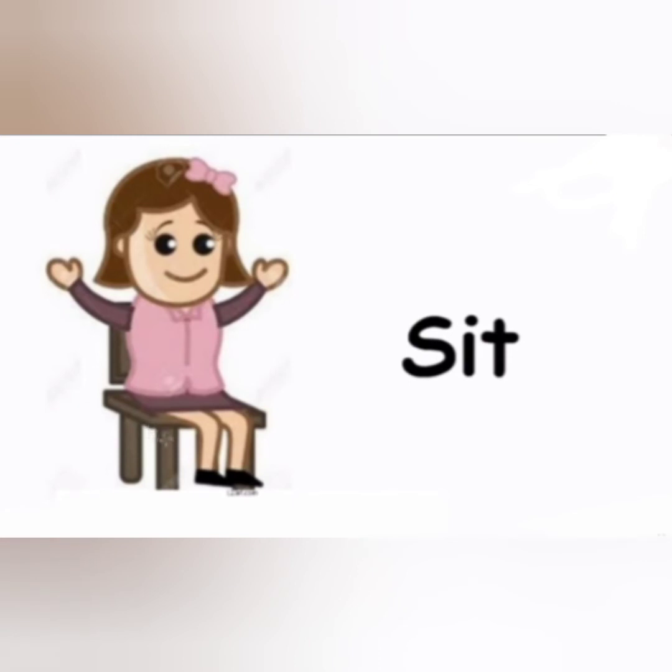See, the girl, what is she doing? She's sitting on the chair, isn't it? Now, what is the spelling of sit? It's very easy, isn't it? S-I-T. What is the spelling of sit? S-I-T. Sit. Once again, children. S-I-T. Sit. Very good. You have to study all the action words very nicely. Okay, children? All the 6 action words you should study very nicely.